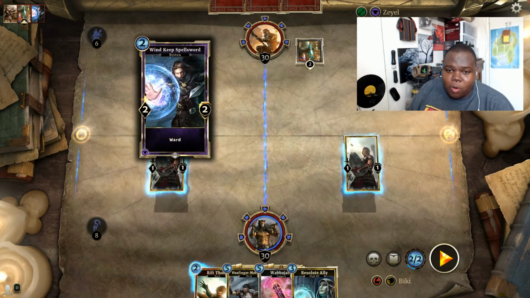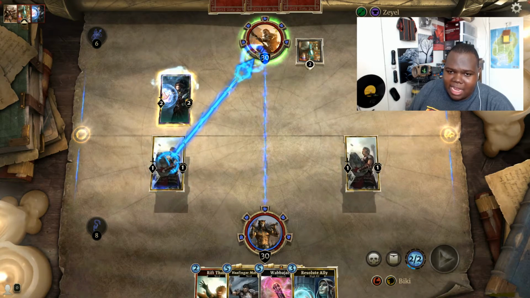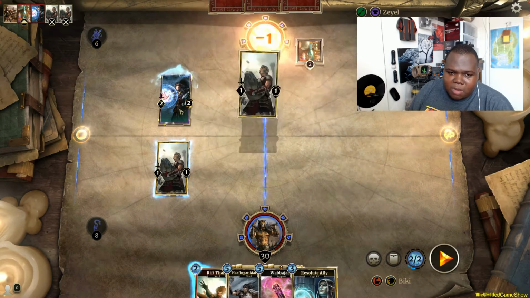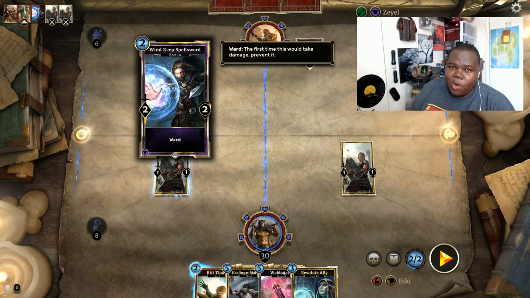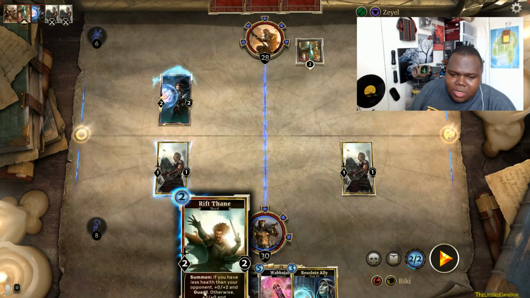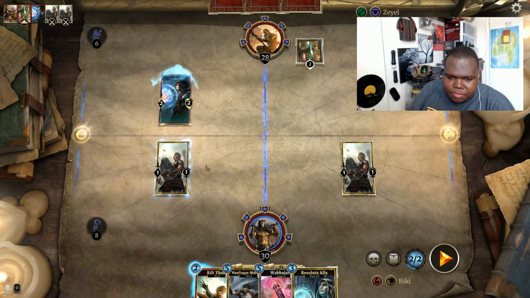Also, I'm a little worried right now because ward cards are freaking annoying as hell to beat. Any card with ward is a card that has the ability to block damage for 1 turn. So the only way to destroy these creatures is to attack them twice or use an item or action that instantly destroys it. So in this situation right here, we're gonna go ahead and